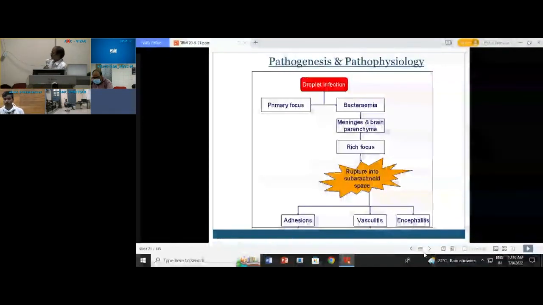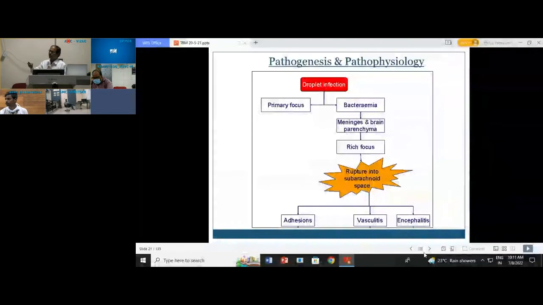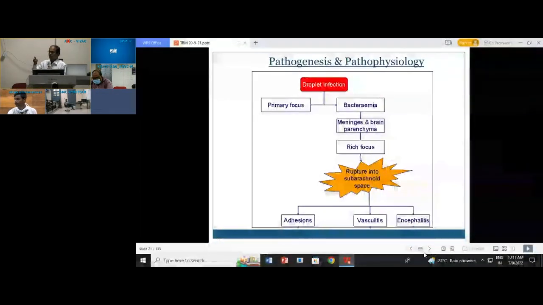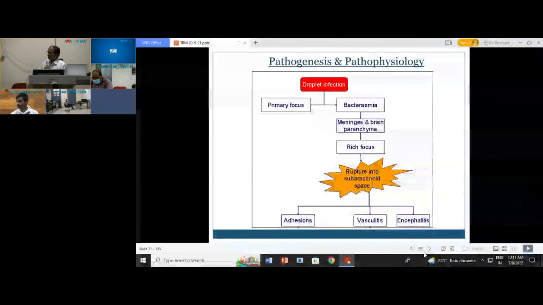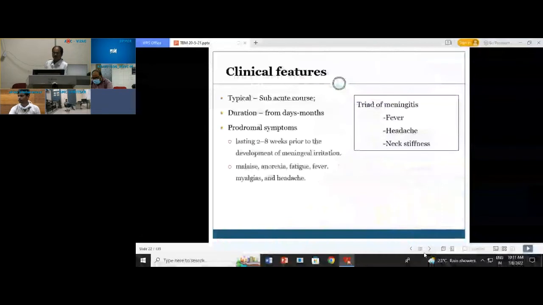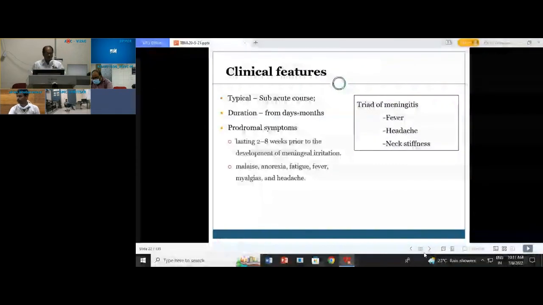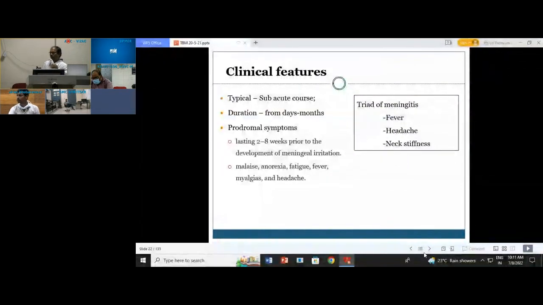The basic thing is rupture of the Rich focus, the subpial focus, present in the subpial region, giving rise to various adhesions, vasculitis, and encephalitis. So, coming to clinical features, after knowing about the bacillus, the epidemiology, and various forms of tuberculous meningitis and various foci, Rich, Simmons, Gohn, we will come to the